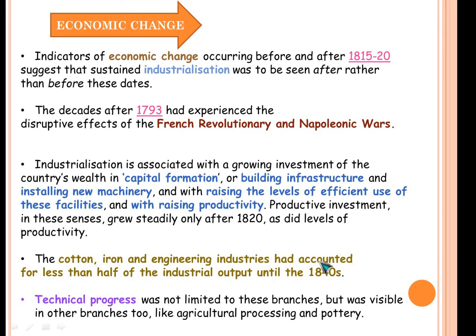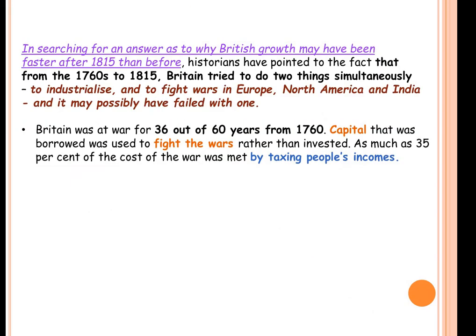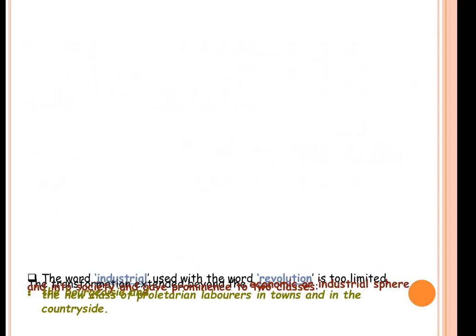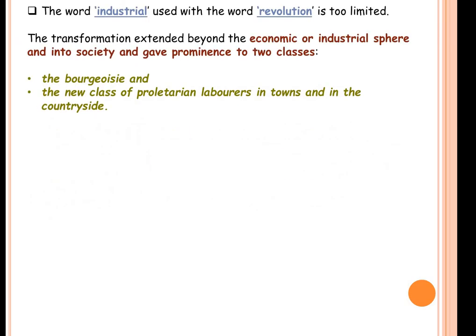Now we need to look at the economic changes which took place as a result of many things which happened. Technical progress was at its peak, and of course people had developed trade routes. We saw that the British were very clever in collecting taxes from their own people, from the natives, and buying things was very different for them, and the poor had very little money to even buy their consumer goods. This is something that we saw in the previous audio.